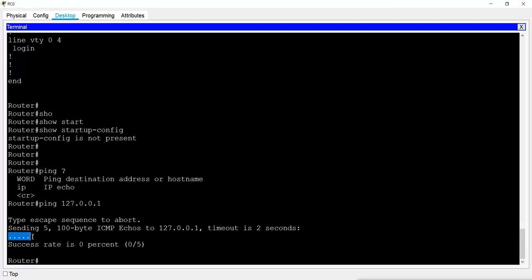That is why we are getting the dot here, and that is why it is saying the success rate is 0%. We sent 5 and received 0. That means no reply. We will get replies when we configure the IP addresses and connect our router to multiple networks.